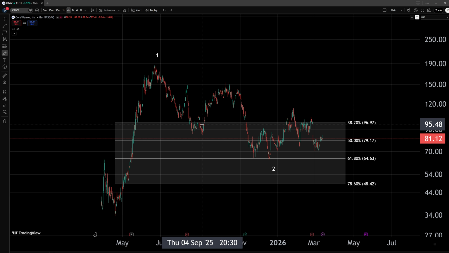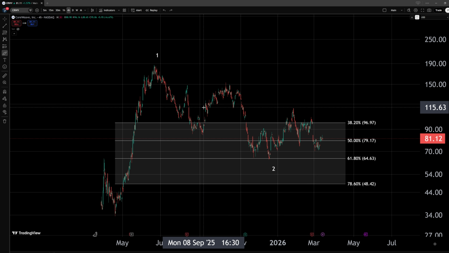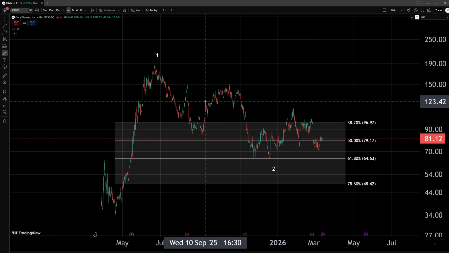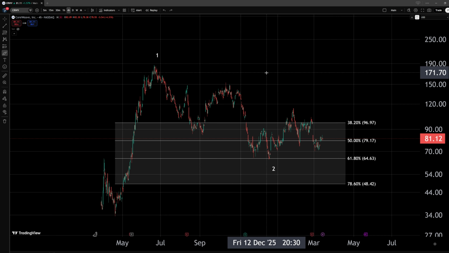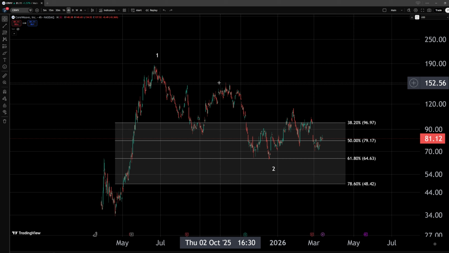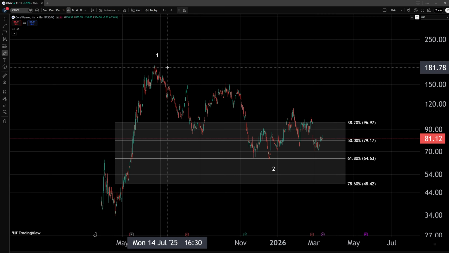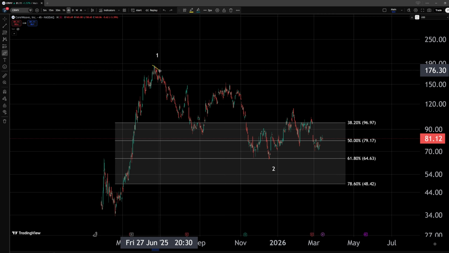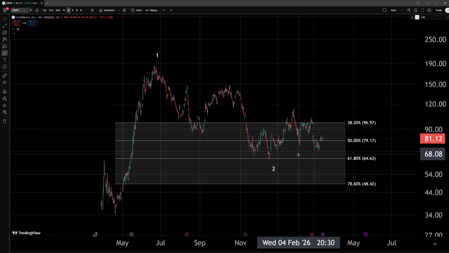We have even been looking for a potential extension directly into a wave 3 to the upside, but since we failed to hold internal levels of support, as we were pushing higher within this movement to the upside, we started preferring rather a reset of this wave 2 correction, and once again, we built the expectation on a larger degree. We built a larger 3-wave move to the downside, and we are once again looking for a potential bottom,